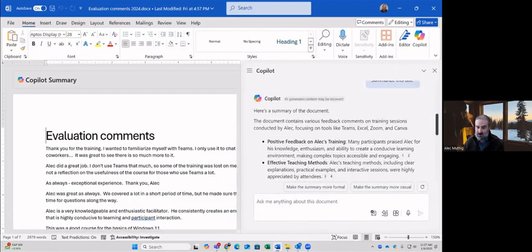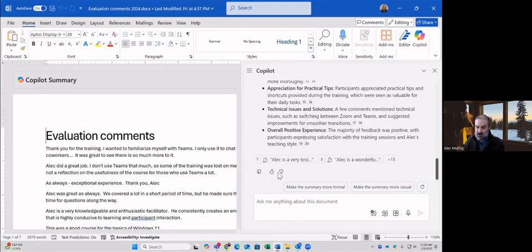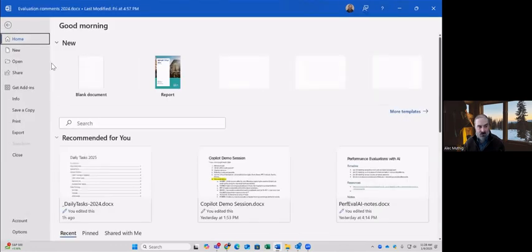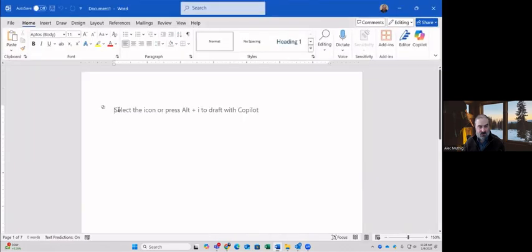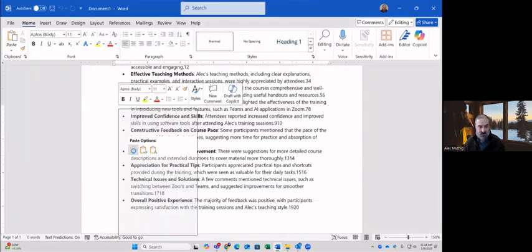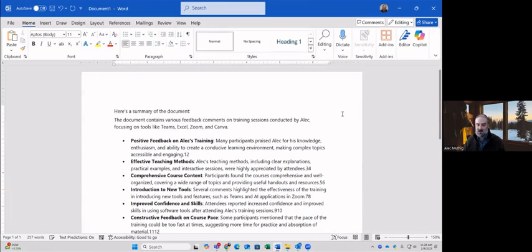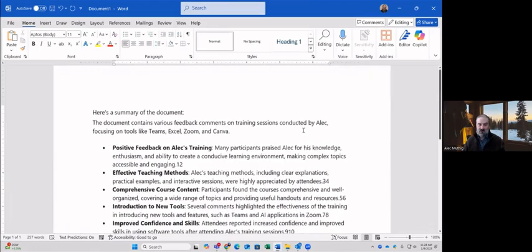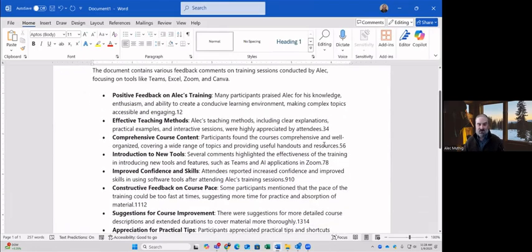This is the summary it gave me. So I'm going to come down here and I'm going to copy this text. Notice it gives me little places where it found that information. So it gives me references in the document. So I can go to those references if I want. But I'm going to go ahead and copy it. And I'm going to open up a new document. And I'm going to just paste it in there. And you'll see it took 7 pages and worked it down to what it sees here.